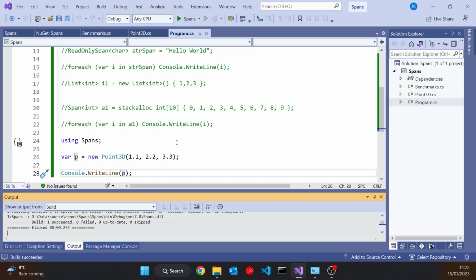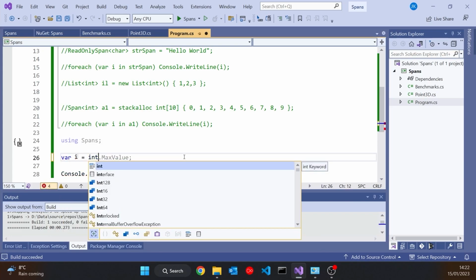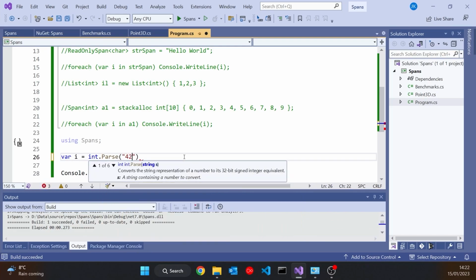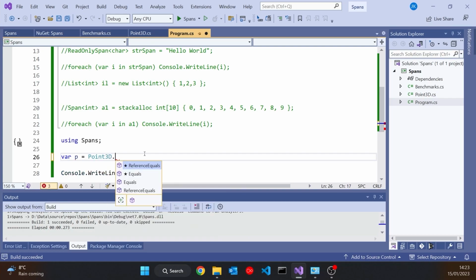So what I'd like to be able to do is say something like this. Just like we could say var i equals int.Parse, and then as a string, pass in 42, I'd like to be able to say var p equals Point3D.Parse, and then pass the data in in the same way that we saw it coming out of the ToString. So in brackets, comma separated, and then the double values for each one of those.